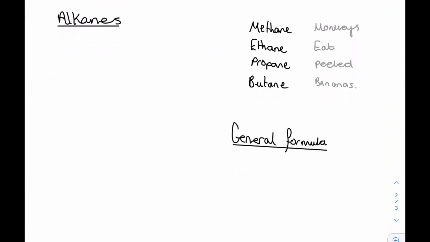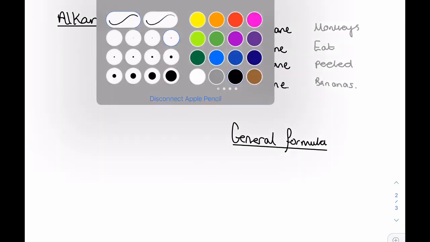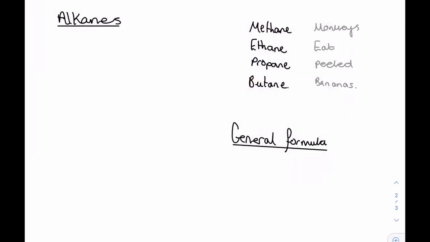Okay, so there's a few types of hydrocarbons that we need to look at, and the first one in this video is going to be alkanes, and in the next few videos I'll look at other ones. So alkanes look similar to the ones I've drawn on there. You start with